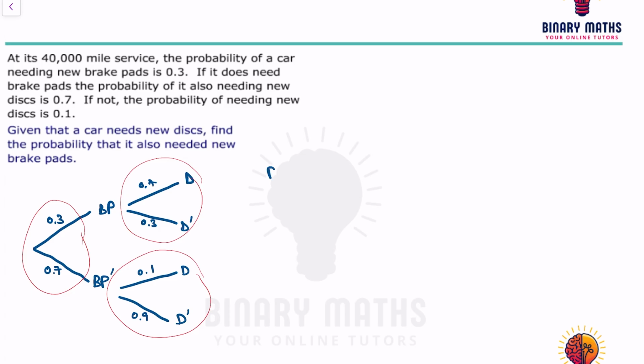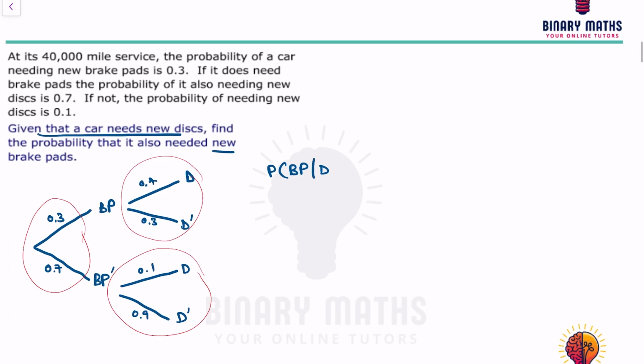So probability of brake pad given that it already has new discs. Because it's given first that it's new disc, this has to be the second part, and needed new brake pads. So brake pad given disc is equal to, using the conditional probability formula, brake pad intersect disc over probability of disc,